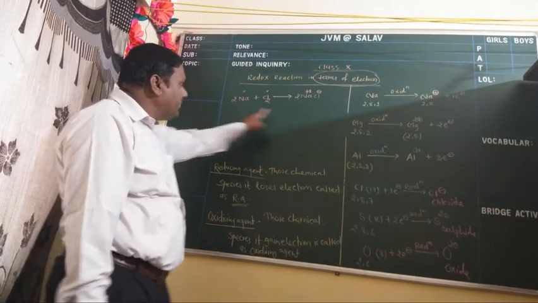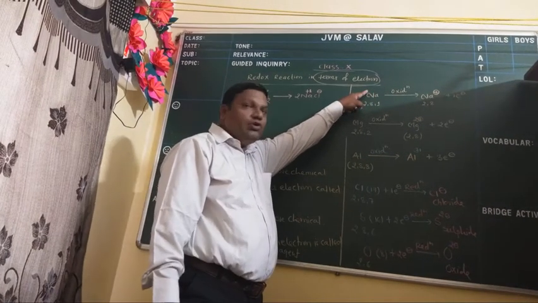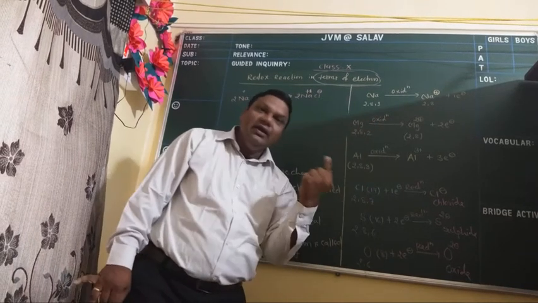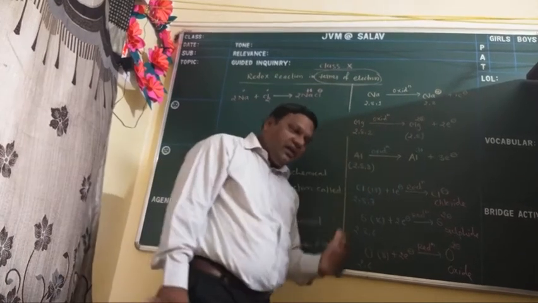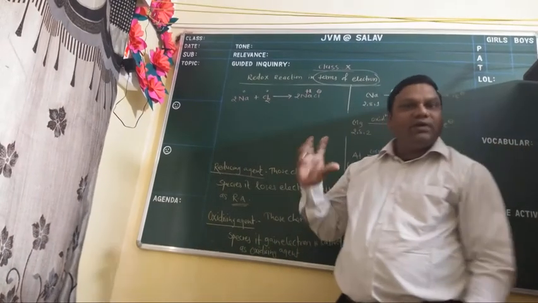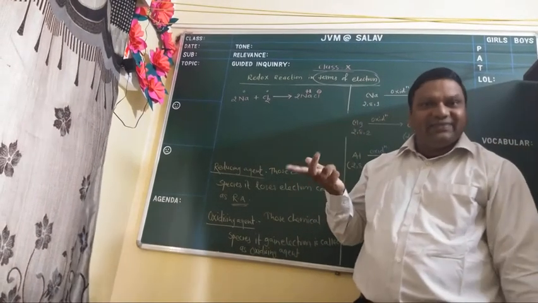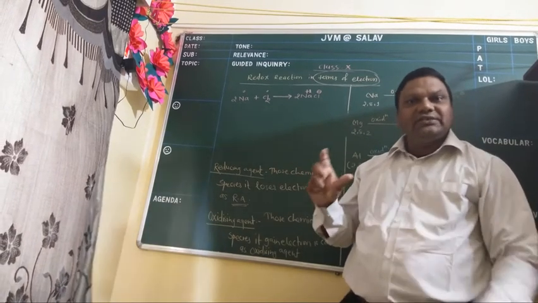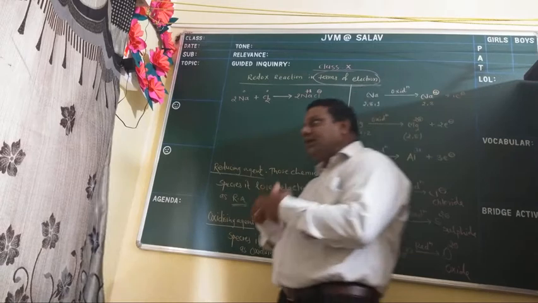Because when we take sodium here, it is 0 charge, meaning no charge is there, because an atom is electrically neutral. Atom is electrically neutral means having the same number of protons and the same number of electrons. But ions have some charge. If it is a positive charge, it is named a cation. If it is a negative charge, it is named an anion.